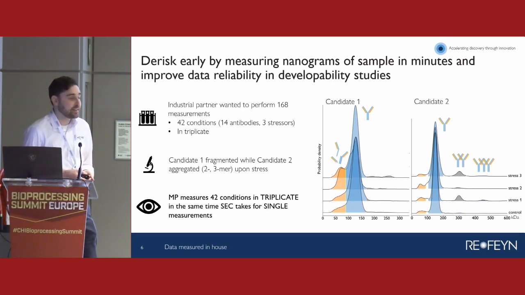Again, in this example here, the collaborator was looking to de-risk their sample early, so wanted to test a range of different antibodies under 3 different stressor conditions and in triplicate. And so with candidate 1, we're very easily able to see, using the mass photometry data, that this one fragments, and candidate 2, under certain stress conditions, has a propensity to aggregate and form a dimer and a small amount